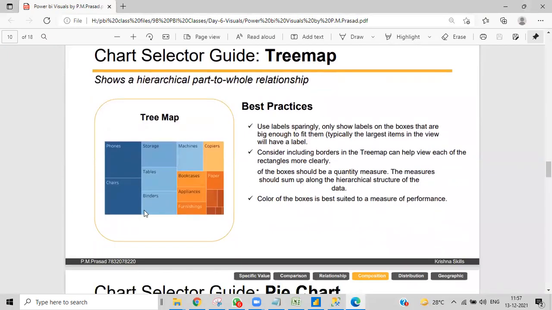Yeah, I will go with tree map. Very interesting kind of map. What exactly does it show? It shows the hierarchical part to whole relationship. Like, what is the percentage of phones or chats or whatever, that we will look into. Part in whole, an example for this is how much part of a particular category is in the whole, that we will check.